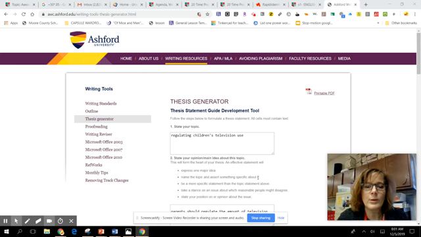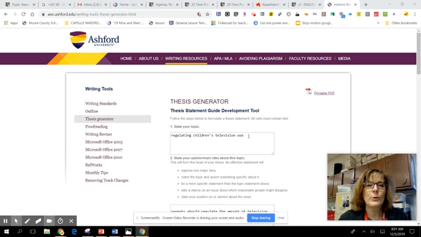Good morning. I want to put together a quick tutorial on how you can use this thesis statement generator to practice and ultimately to be able to master the skill of putting together a relatively effortless thesis statement on any topic, whether you believe in it or not. That's absolutely one of the core skills of argument that you want to be able to master by the end of this class. All right, so